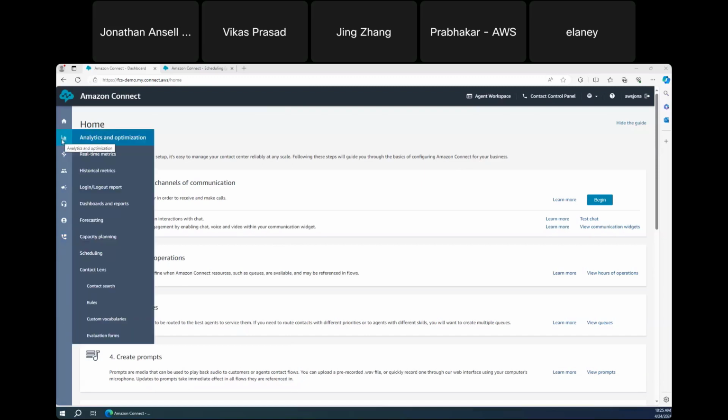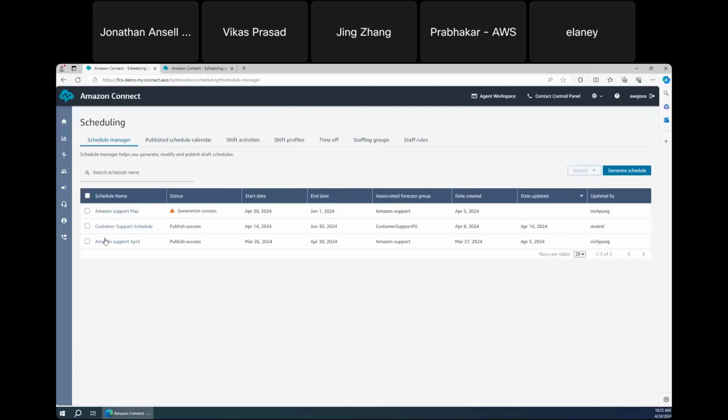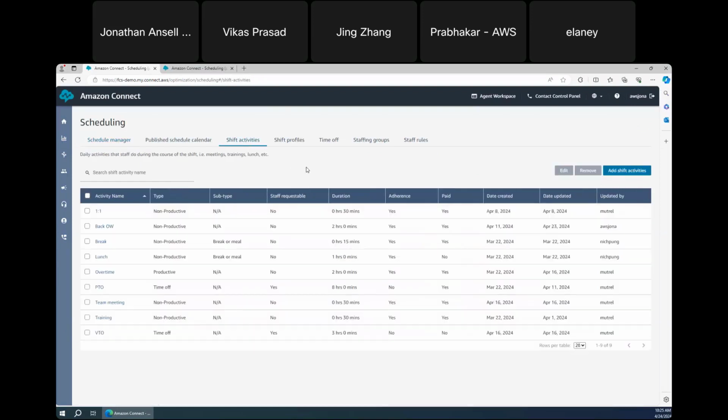So scheduling, like forecasting and capacity planning, is located under our analytics and optimization menu. And I'll walk you through the steps that it takes to generate your first schedule. So typically we'll start with shift activities, and shift activities represent anything that one of your agents could do in the course of a normal work day to allow them to do things other than their primary job of handling